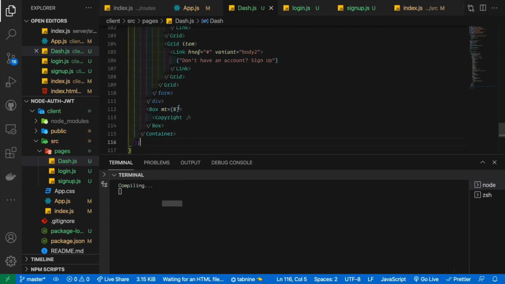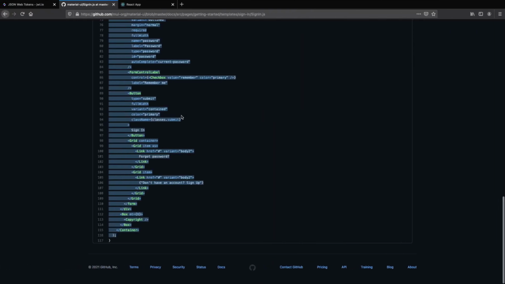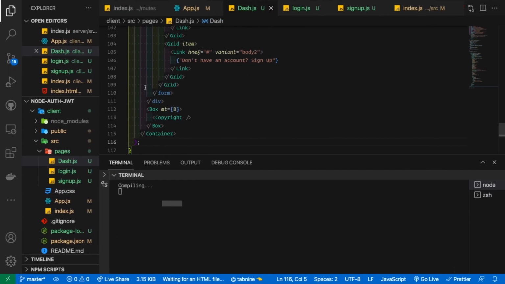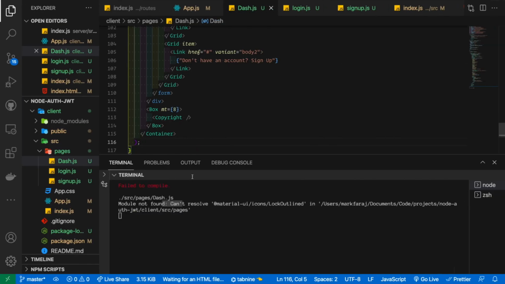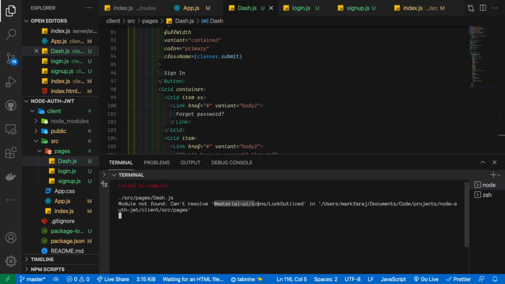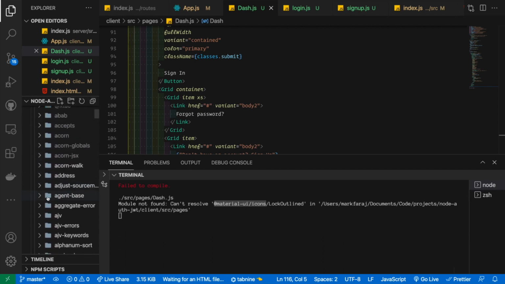There we go. So let's compile it. Let's see if it's gonna work. Let's refresh. Oh God, React takes too long. Come on. All right. Icon. Can't resolve that. I knew it. Probably some icons that are not there anymore. I did install MaterialUI icons, did I? Let's check it out. So in MaterialUI